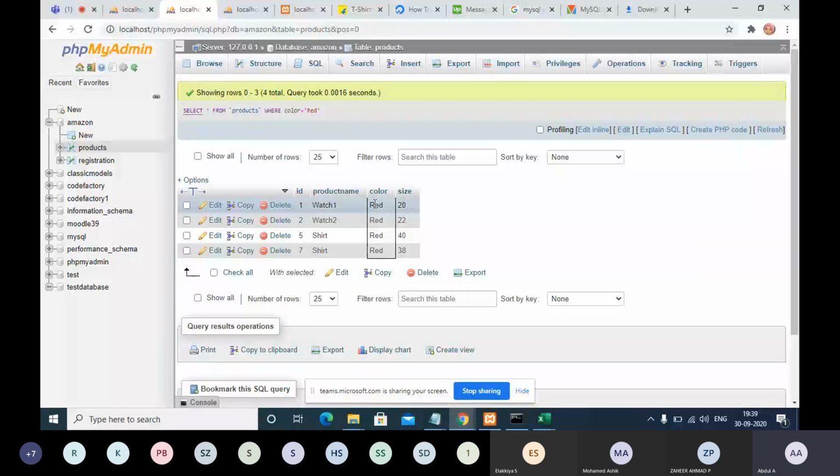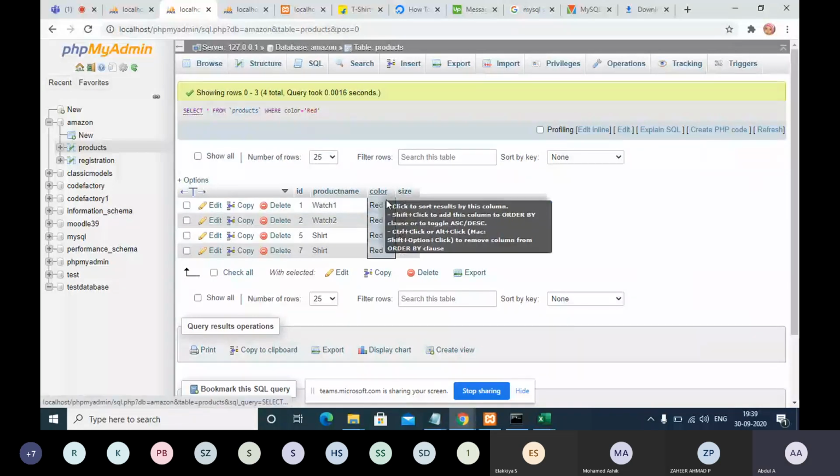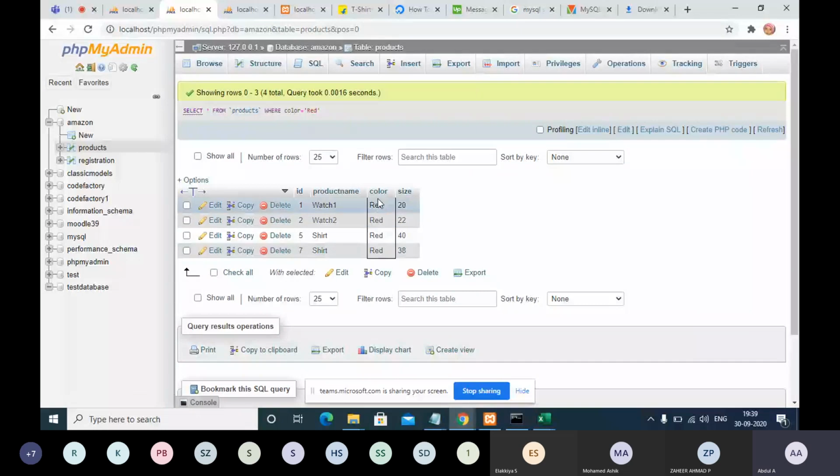But we have written a SQL query: select star from products where color is equal to red. So now what is it showing as the result? All the records, whatever output we have received. Guys, I think you are doing it parallelly with me. Then only you can understand; with hands-on you will get the experience.